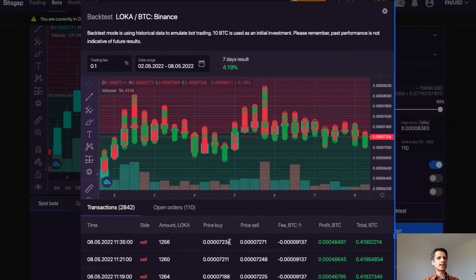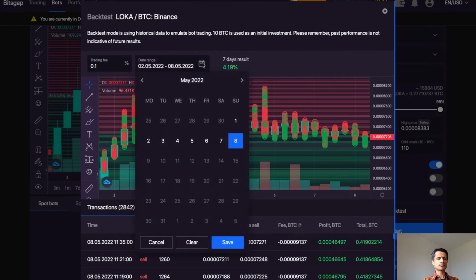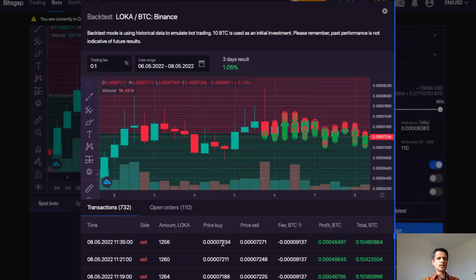So this is actually in our favor. Let's now look at a 3-day range. So a 3-day range gave us a result of 1.05, which is considerably less than the original average result of